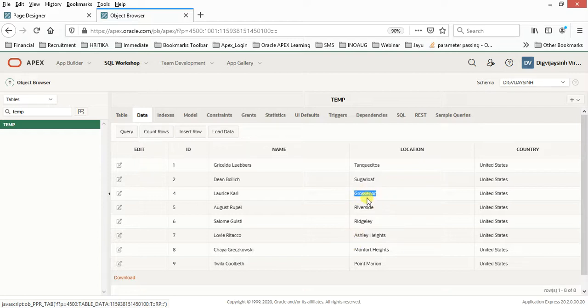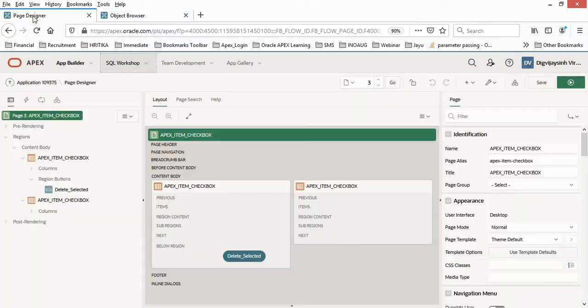So we will display 1 to 9 with the name and location, and we will also display one checkbox along with all the IDs. Whenever some user checks a particular item and presses this particular button, that record should be deleted from the database. So that's the task that we want to execute.